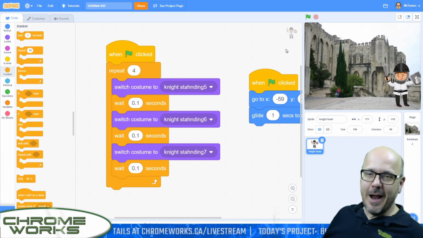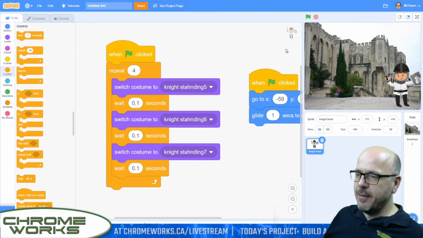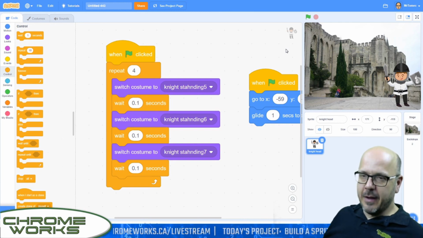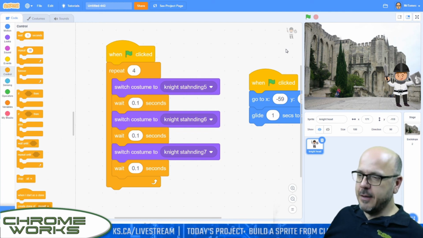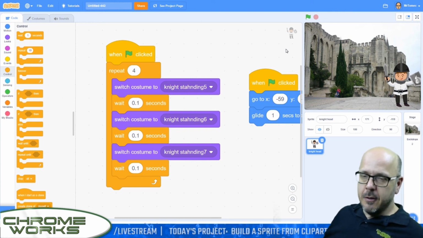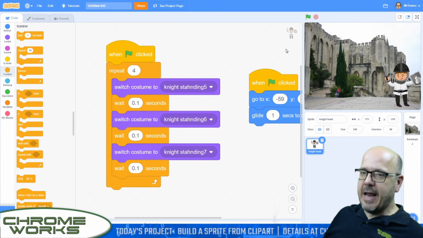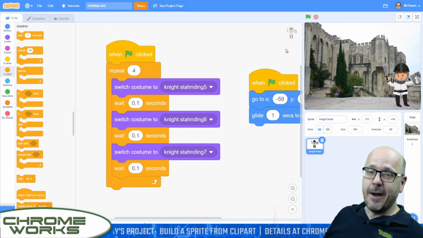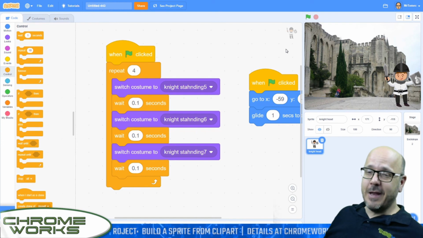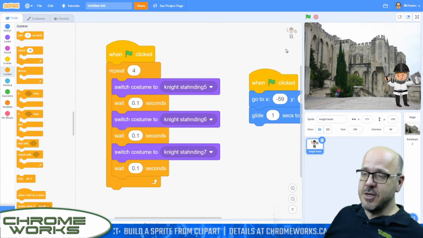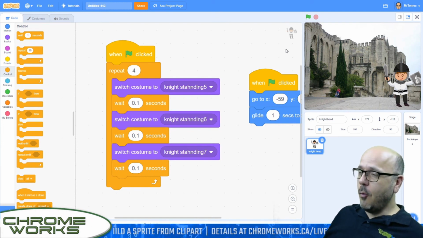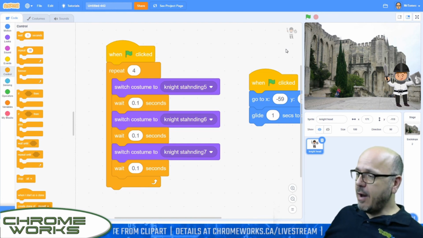So it's not perfect, guys, but it's fun, and it's definitely a lot better than the kind of costumes that you're going to have available. If you're working on something a little more obscure like ancient Egypt, you're not going to find ancient Egyptian graphics inside Scratch. So unless you want to use a cat and an owl or something to symbolize characters from ancient Greece, I'd rather use actual pictures of people from ancient Egypt or ancient Greece or wherever, or an atom or whatever, and actually animate them myself rather than